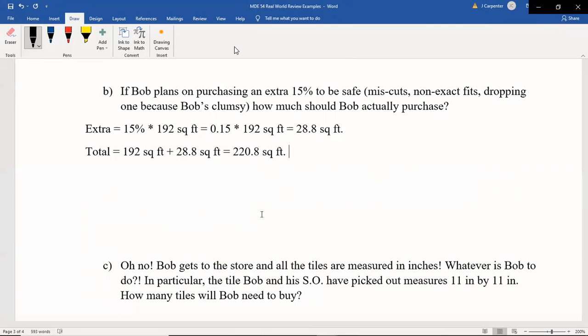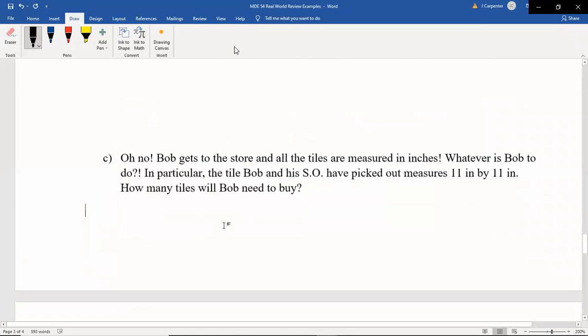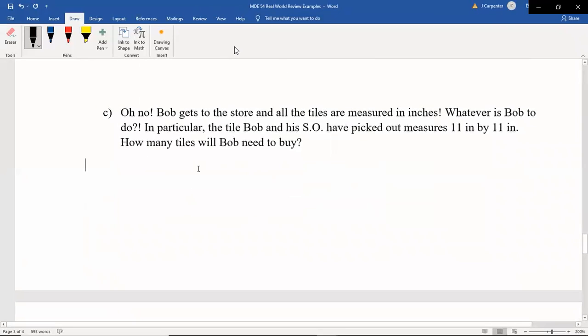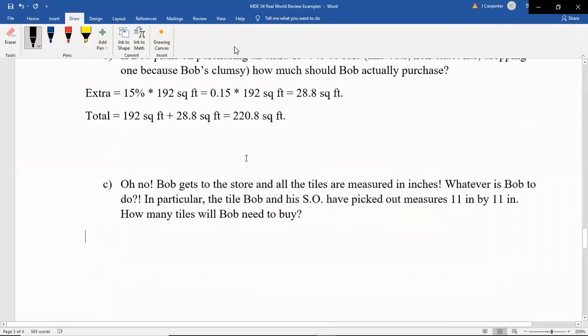So that's the ultimate question. How much are we actually going to purchase? And you could take this one step further. If the cost per tile is $1.10, multiply that out, but you'll get the point by that. All right, let me give myself a little more space here. Should be good. All right, so we know that we need 220.8 square feet, but we got to convert this